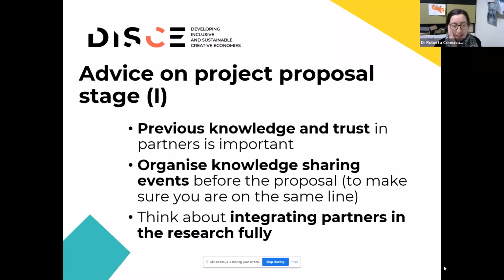These are some pieces of advice from the project proposal stage. This is very much building on experience and thinking also of the things that have gone very well in our project and things that could potentially have gone a little bit better or could have been made clearer earlier. So previous knowledge and trust in partners is important. It might happen to you as well: you get the email from somebody in a university in Europe saying, oh, we're thinking about this project, would you like to join in? The temptation to say yes is high because of the pressure to bring in funding and wanting to do research, but it's also very good to really think through